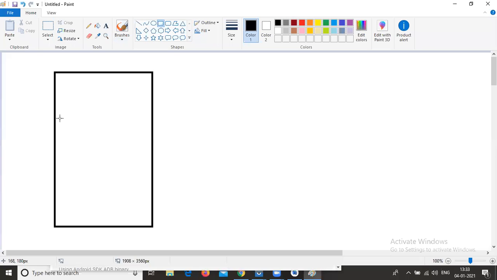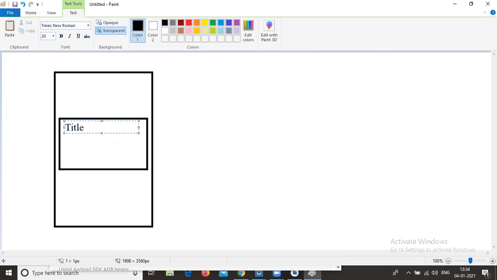Here there is a title, the next one is the message, and after that we get two buttons, yes or no. Yes or no means one is a positive button and another is a negative button.